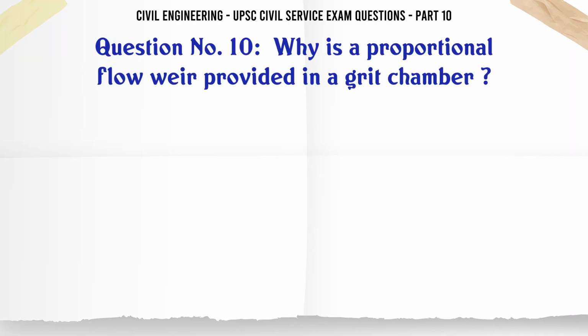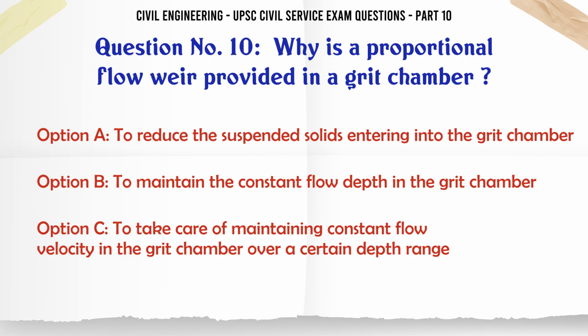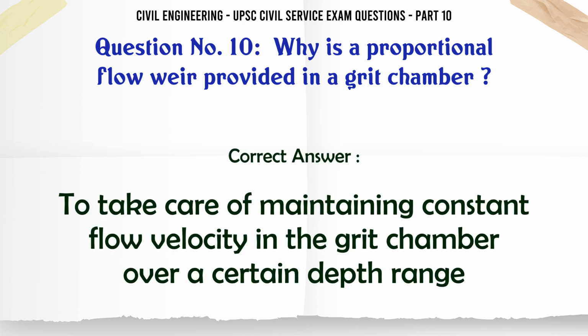Why is a proportional flow weir provided in a grit chamber? A. to reduce the suspended solids entering into the grit chamber. B. to maintain the constant flow depth in the grit chamber. C. to take care of maintaining constant flow velocity in the grit chamber over a certain depth range. D. to allow the sewage afresh into the grit chamber. The correct answer is to take care of maintaining constant flow velocity in the grit chamber over a certain depth